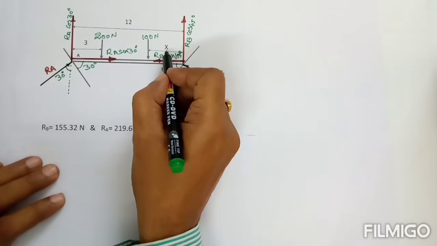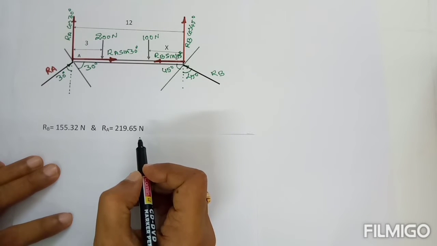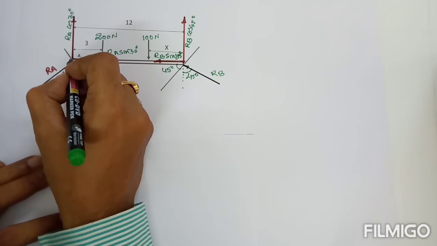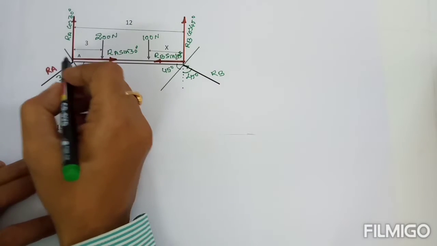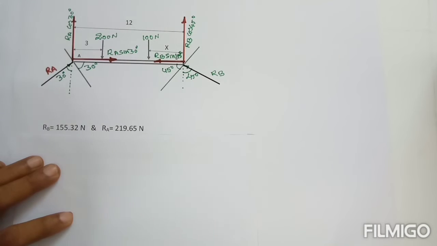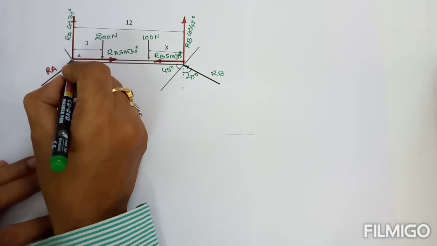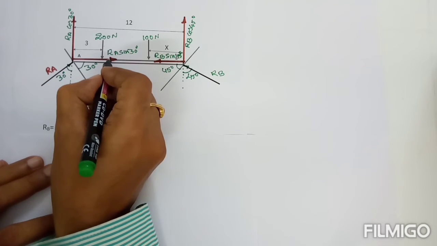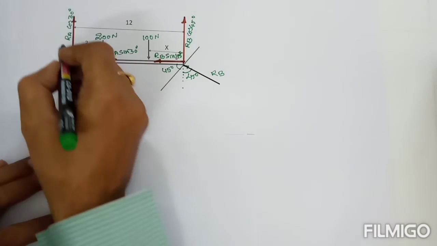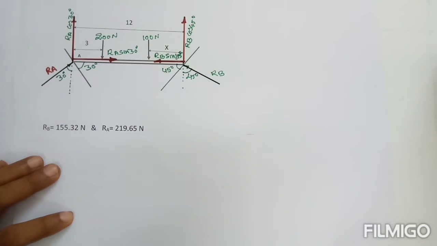Now we have to find the value of X. For that we will consider the equilibrium condition for moments, that is the summation of moments at any point is equal to 0. We are considering the moments at A is equal to 0. So the summation of moments at point A is equal to 0, that is sigma MA is equal to 0. Here the forces originating at A, and the forces which are travelling towards A, are not to be considered. Here RA cos 30, RB sin 30 and RB sin 45 are not considered.